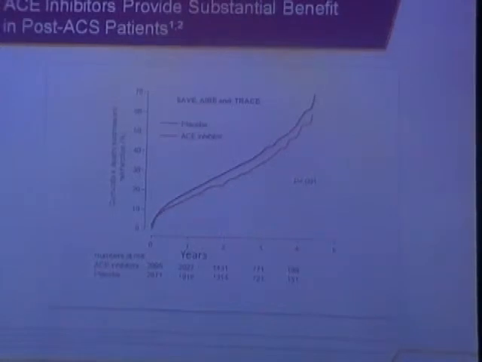Can you give an ACE inhibitor without checking the kidney function? Yes, one dose doesn't really harm. What about ARBs? ARBs also. But in acute coronary syndrome, acute MI situation, there is no trial with ARBs. In secondary prevention, there is some evidence, but in acute coronary syndromes and following acute coronary syndrome, only ACE inhibitors have been shown to have mortality benefit.